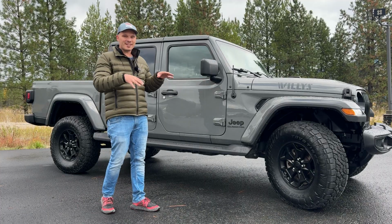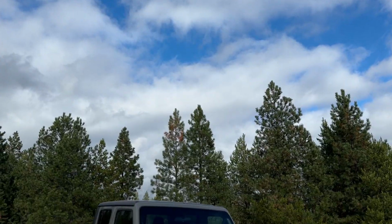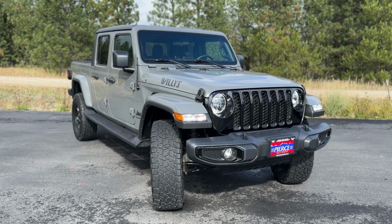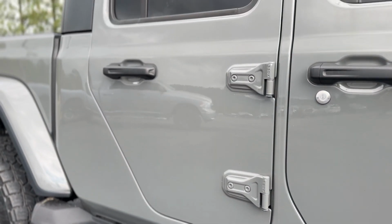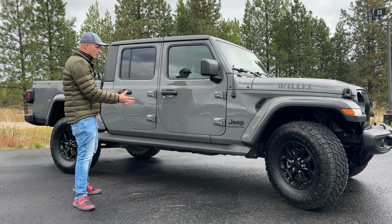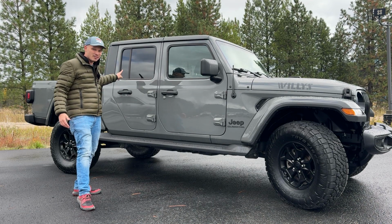So let's start off this walkthrough by talking about the exterior, and it looks really cool. There is nothing else like it on the market today. It has the front end of a Jeep Wrangler, including the exact same rear door as a Jeep Wrangler, which means if this does get dented, you don't have to pull a used door from a Gladiator. It actually opens up the pool, so if you want to replace this door,